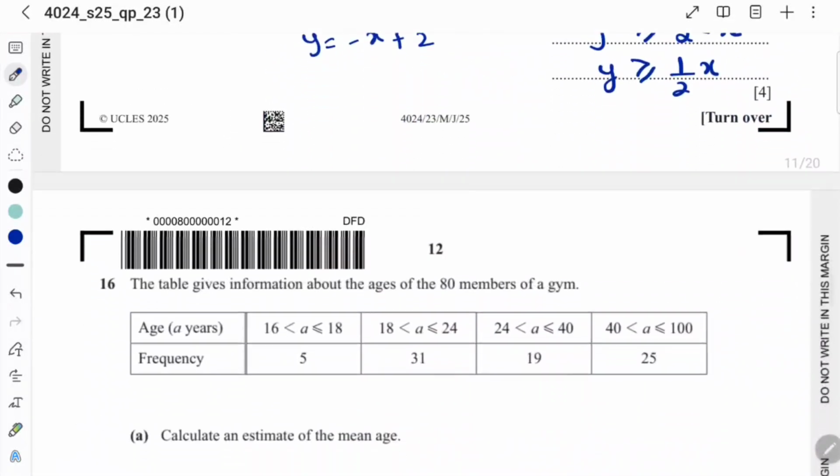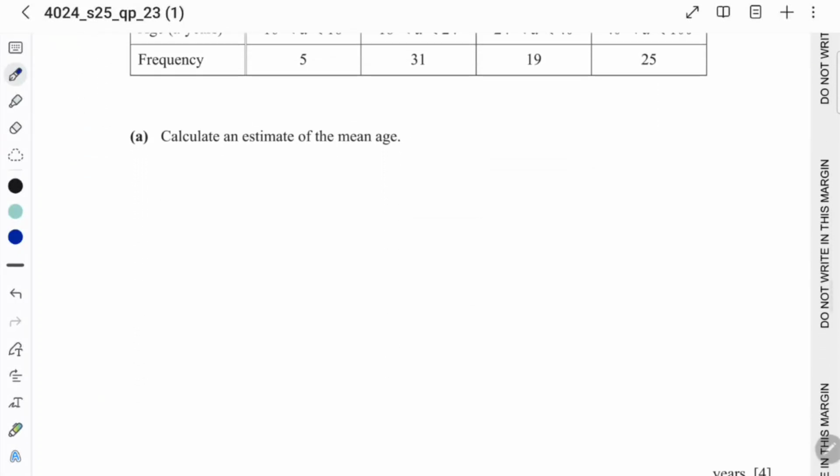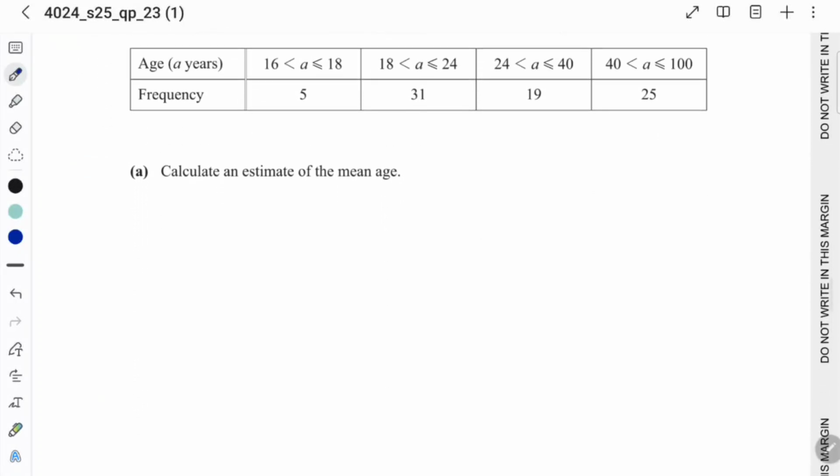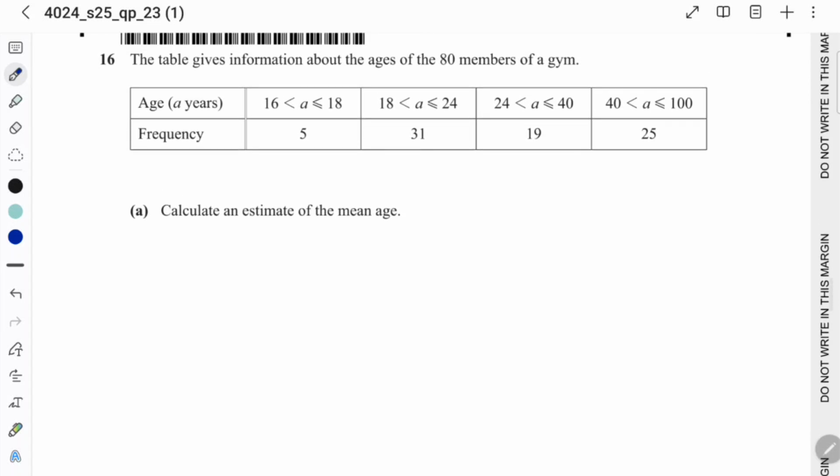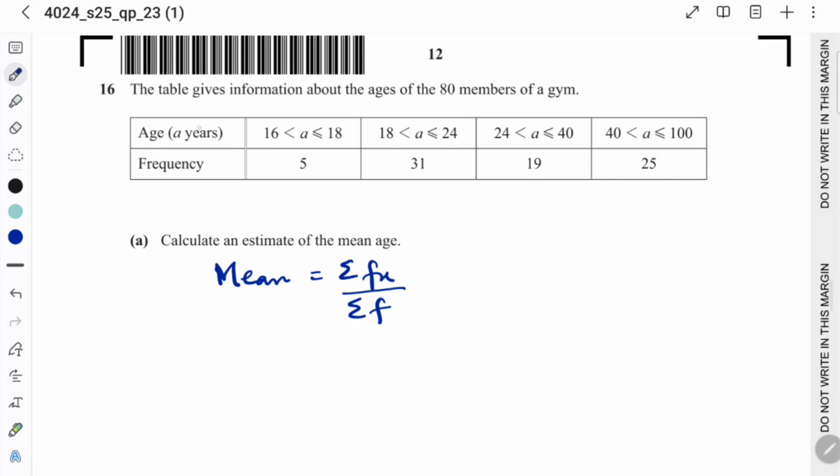Okay, now go to the next question. We are finding out the mean age. I've already calculated all the things, so I'm just doing it quickly. So that is the mean age. The mean is sum of fx divided by sum of f. So we'll have to find out what is the